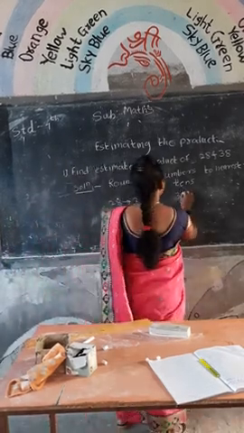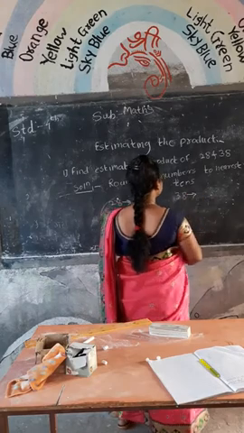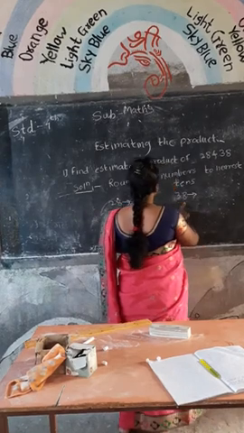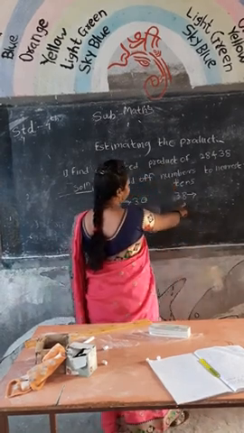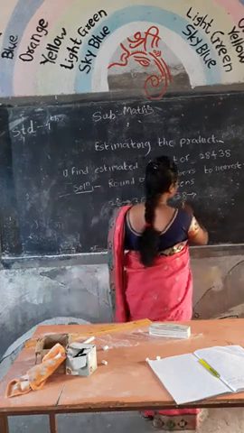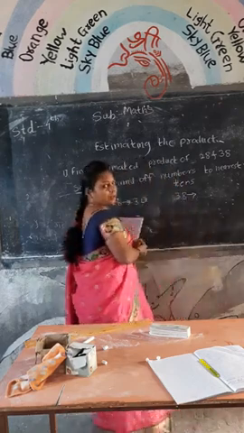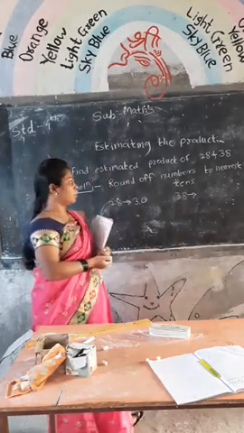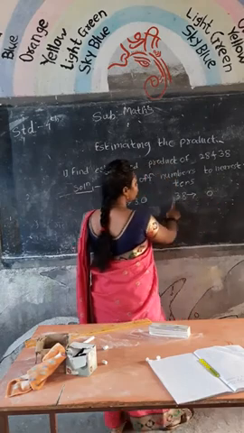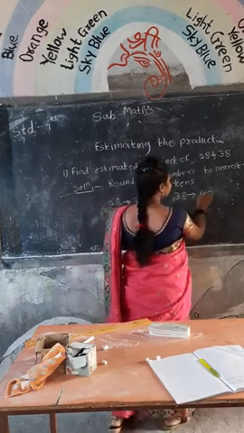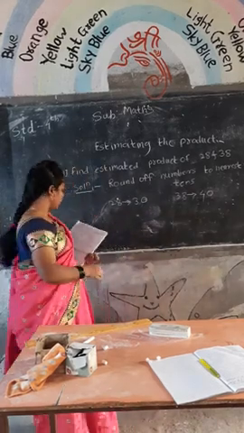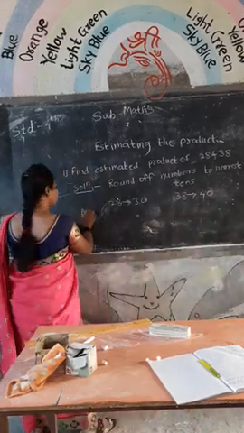Then the round up number of 38. Round up to the nearest tens, that is consider the ones place digit. In ones place 8 is given. Then the digit is greater than 5. Then take 0 at ones place and add 1 to the tens place, that is 3 plus 1 is 4, so 40. This is the estimate.